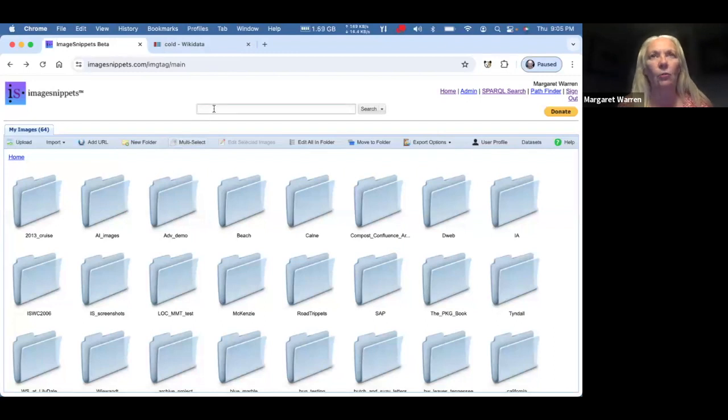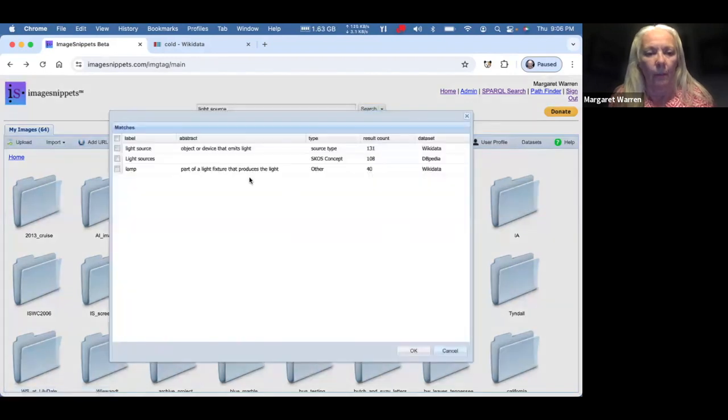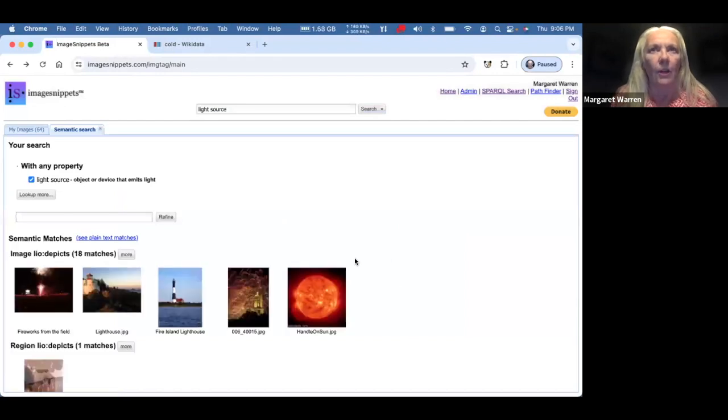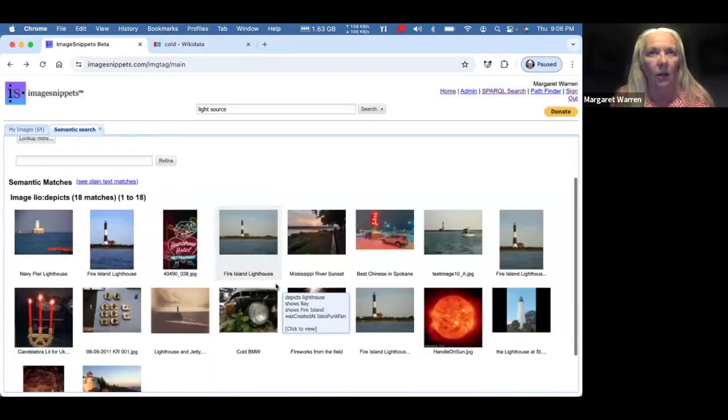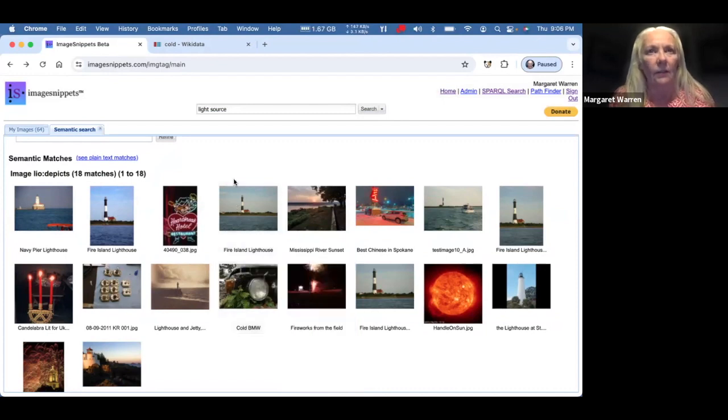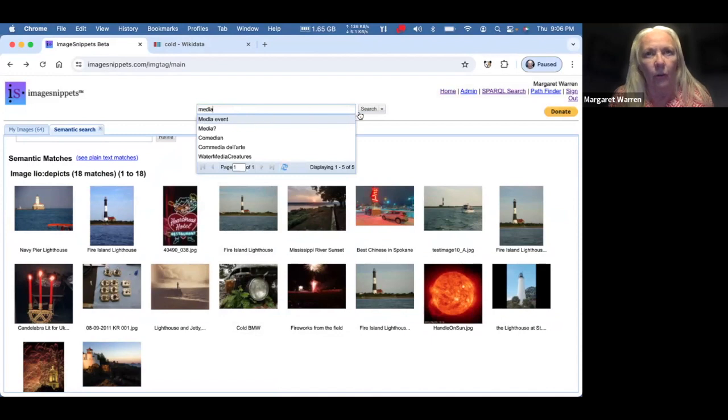Quite often, we get great results, such as this search for light source. This search reveals a number of images of various light sources, including lighthouses, the sun, and our headlamp in our car picture from the earlier slide. But at other times, we find oddities when we spot images that don't seem to belong to the search terms. This scenario is illustrated with a search